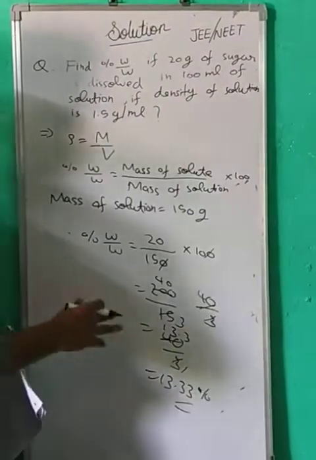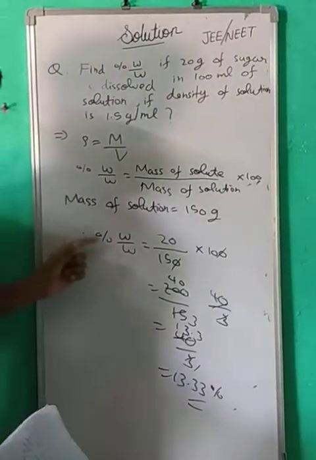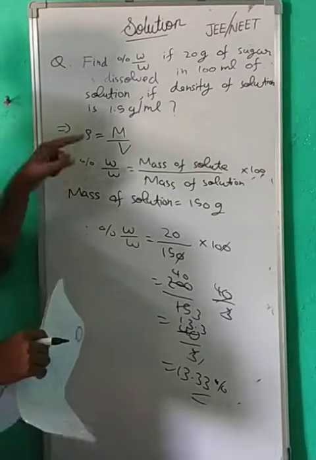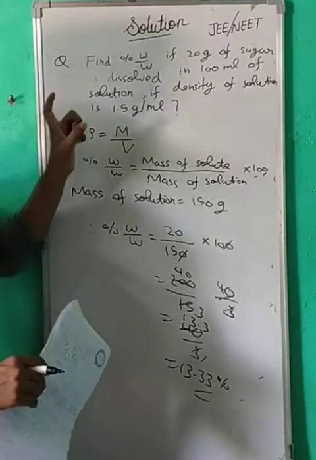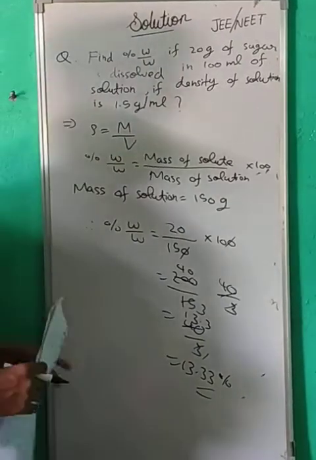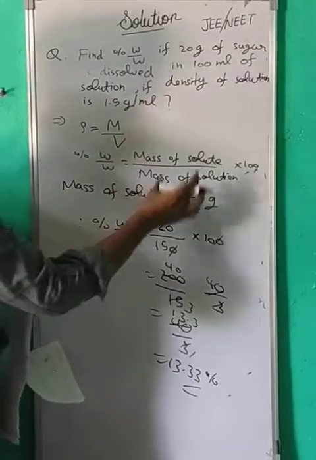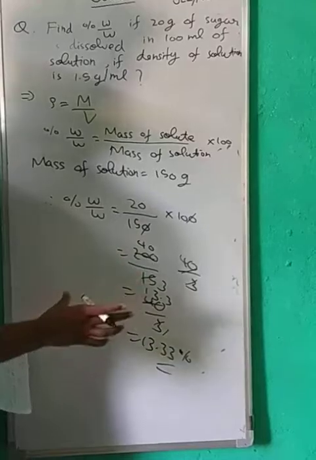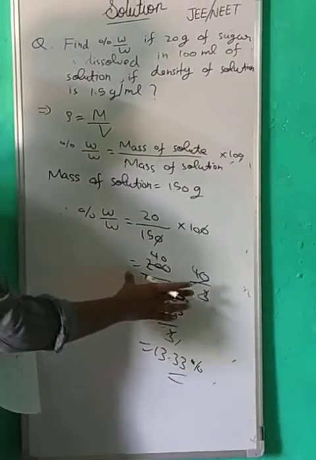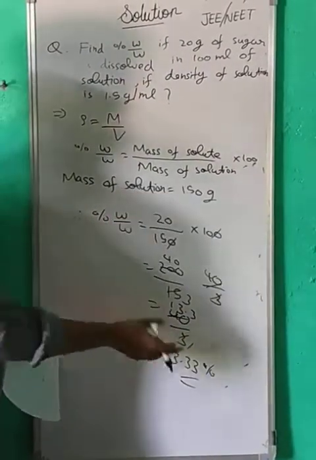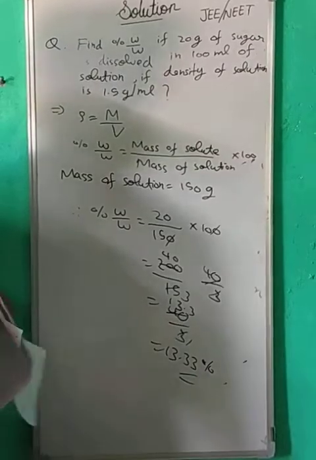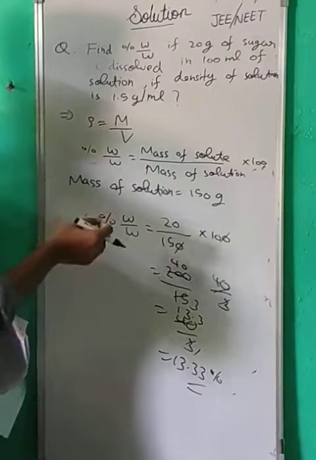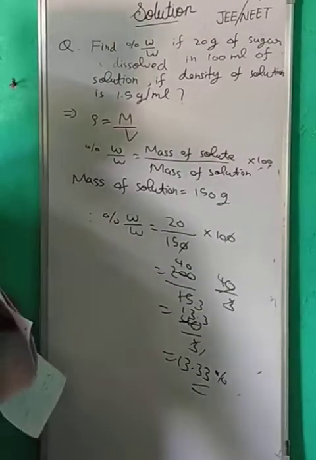Okay, so here we have got the percentage weight by weight. Just now I am telling you that you have used the term rho, density, to convert weight by volume to weight by weight. 20 grams sugar was given, density is given, we have found the mass of solution. After finding the mass of solution, we have put the value in the formula and we have got the answer. So this is the way to find if you have two different terms. If you have to interconvert, then use the term rho, density.